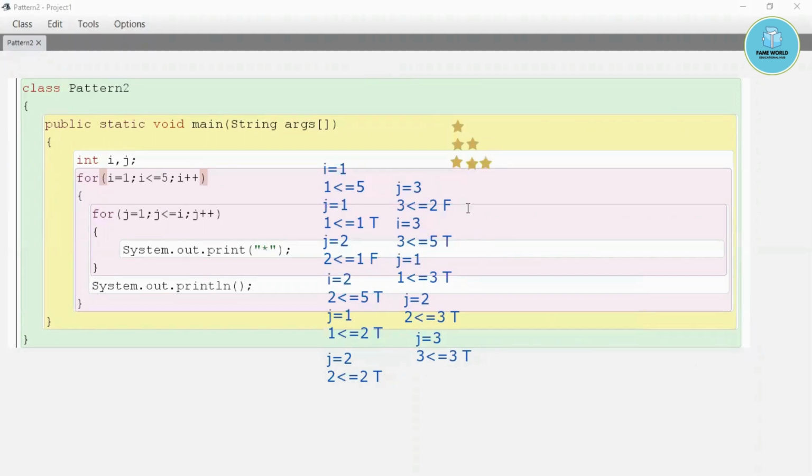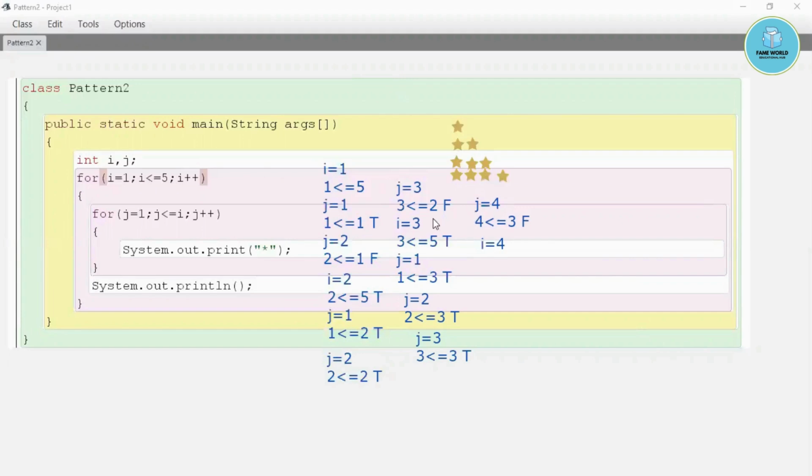Then again it will increase the value of j. J equals to 4 and 4 less than equals to 3. Condition false. So it will just get terminated and come to the next line and then increase the value of I equals to 4. So now this time what will happen? The j loop will go to 4 and it will print 4 stars in the fourth row.